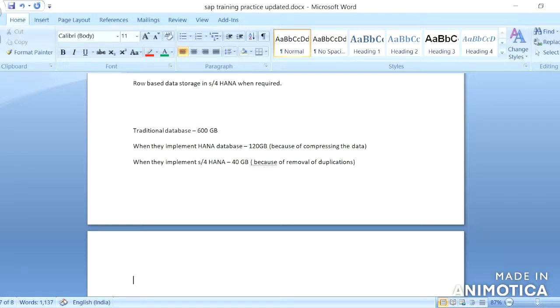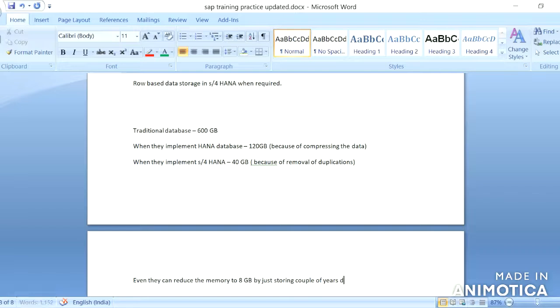And they can even reduce the memory to 8 GB by storing just a couple of years of data in RAM.